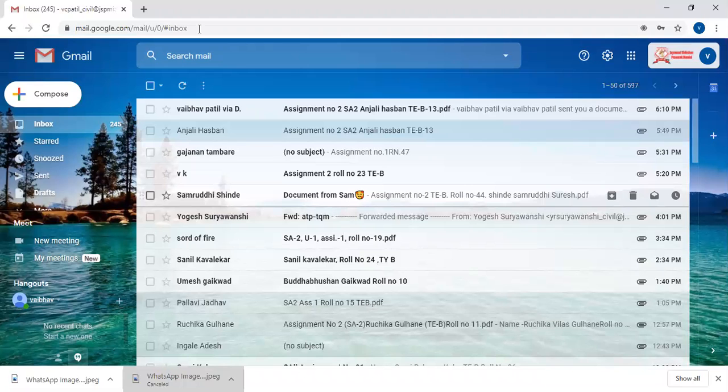Okay, so first I have to go towards the setting of the Google Drive.